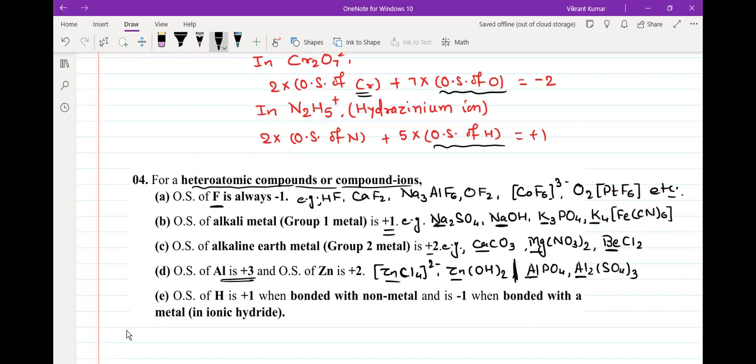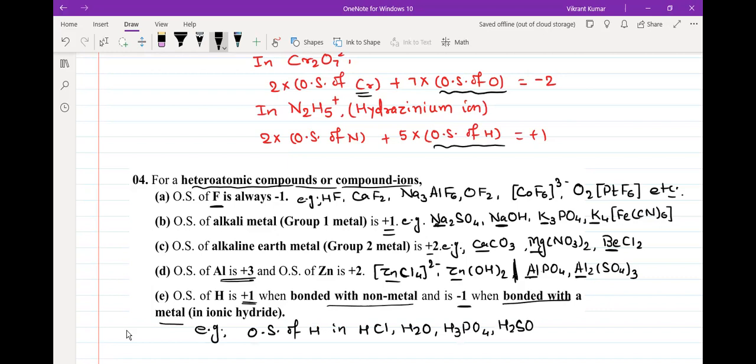Now let's talk about hydrogen. I told you earlier also, hydrogen if bonded with non-metal will be coming in +1. Hydrogen when bonded with metal in ionic hydride, it will be coming in -1. So for example, oxidation state of H in HCl, H2O, H3PO4, H2SO4, HNO3,